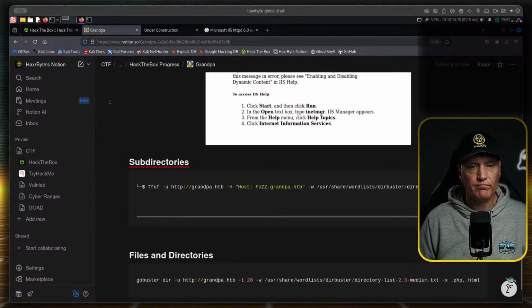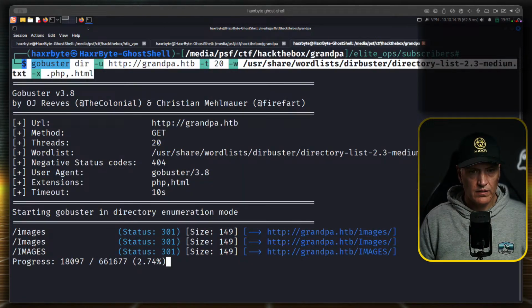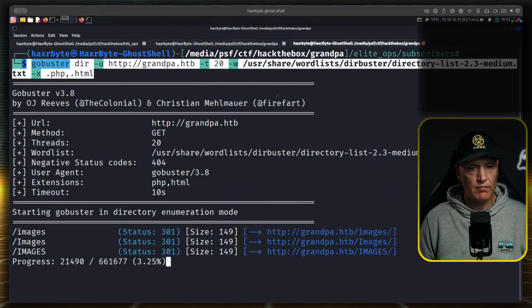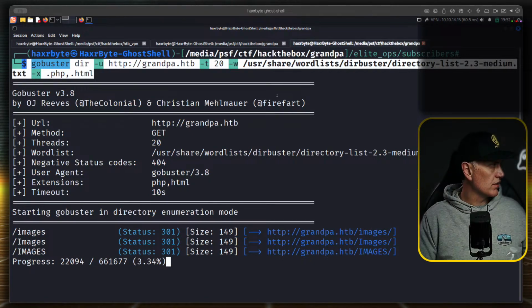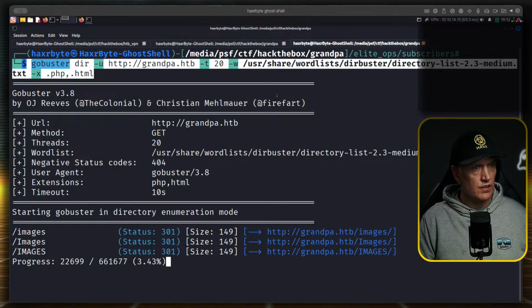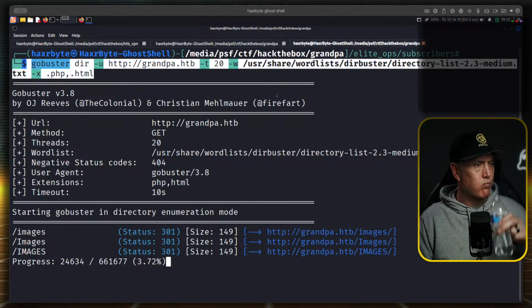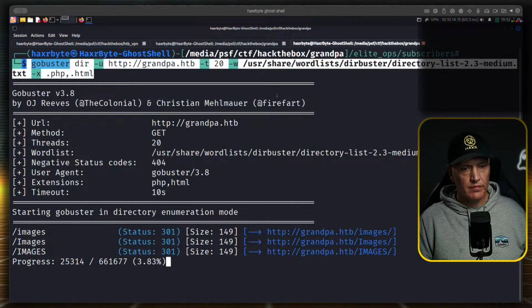Let's see, it's got three so far. Let's go to those now and just see. Nothing on the chat yet. It's going to take a while.